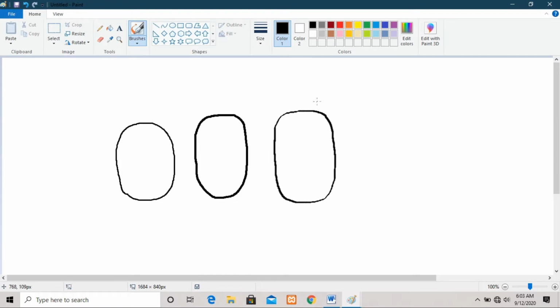One of the most important things is that you can change the color of your brush from this color area. How to change it? Just click on the brush, then click on the color. Now see, the color has been selected. When I draw something now, the color of the brush is different.